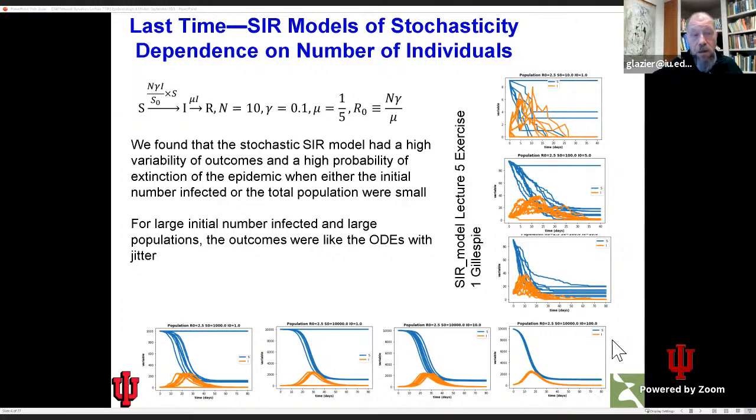In the ODE model, there was really only one thing that happened. The only thing that mattered was R not bigger than 1 or less than 1. In the stochastic world, there are a lot of different things that can happen because of population matter. Are there any questions or comments about that before we move on? This is a pretty important